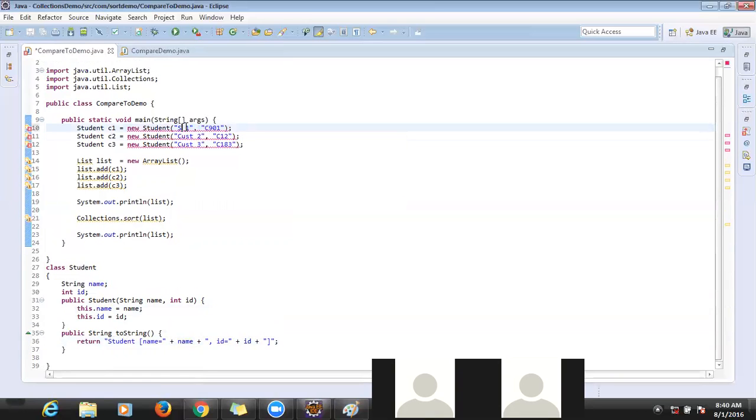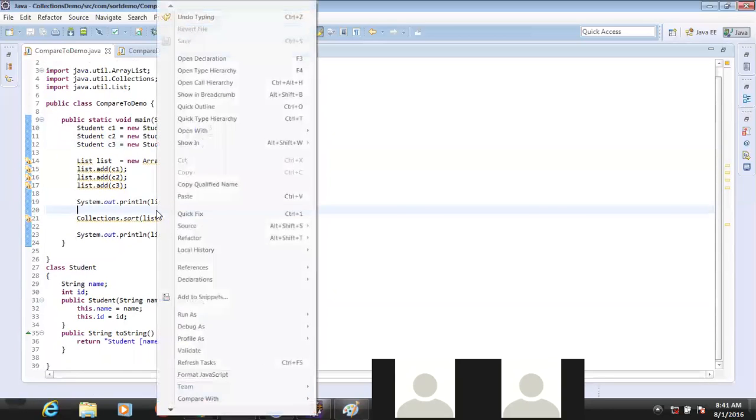Let me give names as std1, std2, std3, and here I need to pass integers: 35, 67, and 10. These are some random jumbled numbers.